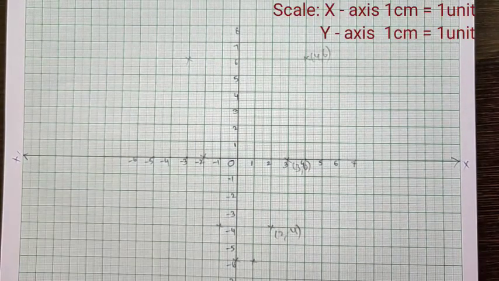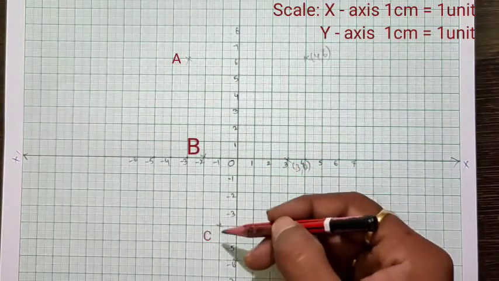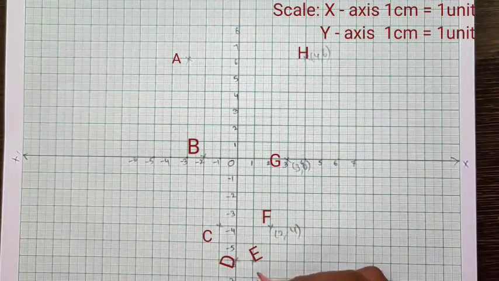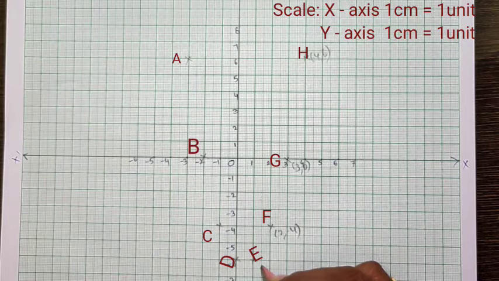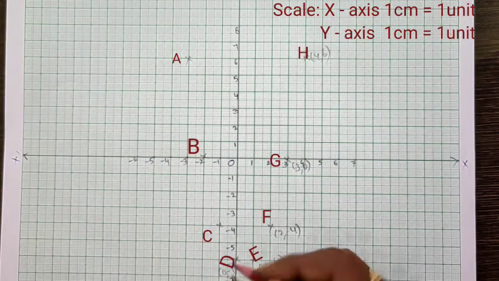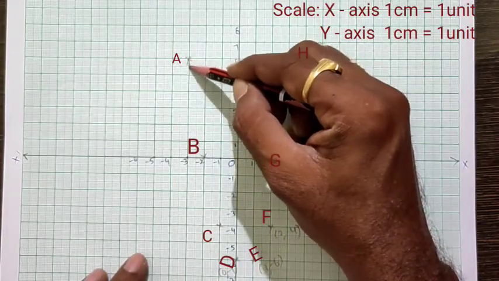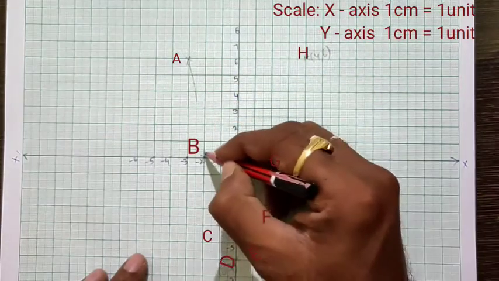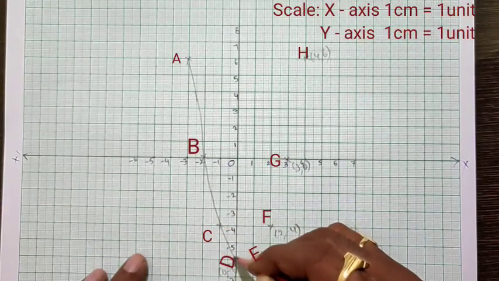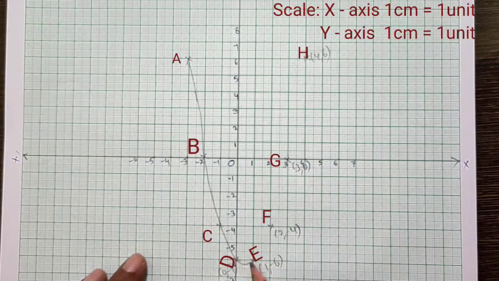Now, in total how many points have we plotted? Cross check like this. So 1, 2, 3, 4, 5, 6, 7, 8. Okay. Now join all these points with a smooth curve. Smooth curve in the sense just draw with free hand. Okay, like this. Here we are getting like this. Now don't draw a straight line, just curve like this. Okay.